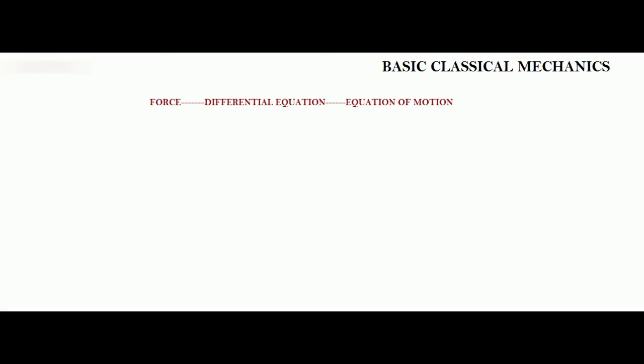So in this lecture, we'll talk a little bit more on the modified force. Every force has a differential equation linked with it, and when you solve the differential equation, you get an equation of motion. That is given here. When you have a ball freely falling under gravity, it means the earth is exerting a force on the ball which is equal to the mass of the ball times g. Agreed? So when your force is F equals mg, it means you have a freely falling object.